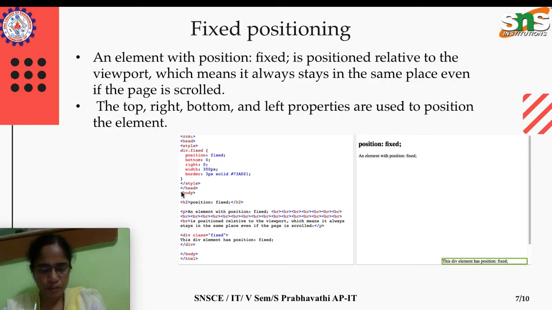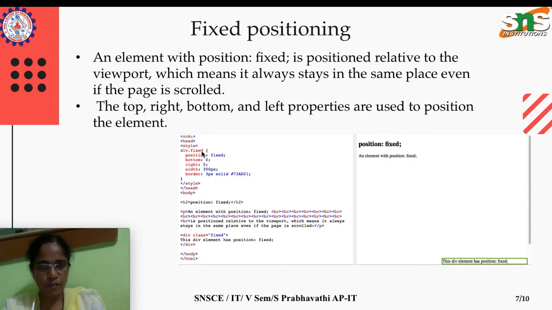Here in the body part, we have an H2 and a paragraph element with the position fixed, and many breaks. That's why I have these many spaces over here, to get scrollable content, okay. That's the sole purpose of giving these many breaks, followed by some content, and I have one division with the class fixed and some content, and we'll see what's inside this fixed class, okay.